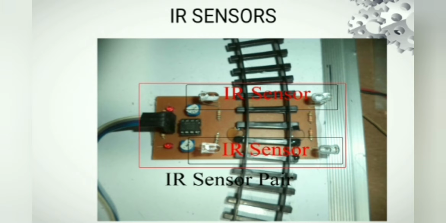4 sensors are used in the project as 2 pairs of 2 sensors. These sensors are kept on both sides of the level crossing as shown in the figure. All the sensors are connected to the Arduino. When the train arrives from any side, it first crosses sensor 1, after that it crosses sensor 2. In this way, Arduino closes the gate by sending the signal to the servo motor. When the train departs from any side, it first crosses sensor 2, after that it crosses sensor 1. In this way, Arduino opens the gate.